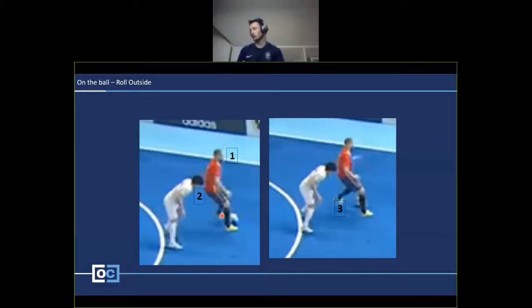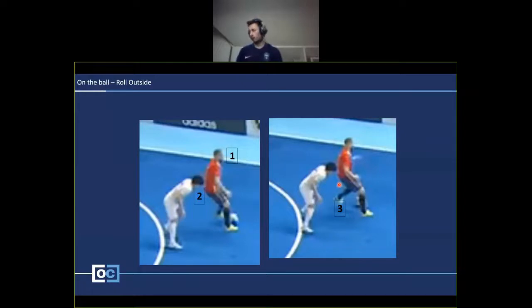But ultimately, when you think about the outside roll, you're going to be using the ball that's furthest away from the defender. So you can see here the touchline on the left-hand side, he's going to be using his left foot. Well, it would be touchline on your right-hand side if you're attacking. Using the outside foot. And then ultimately, when you come to get the shot away, he's going to be using his right foot. So the ball's on the furthest side away from the defender. You're getting that half bit of distance.